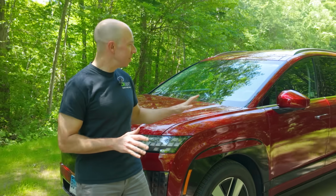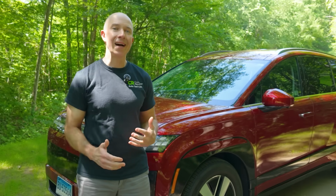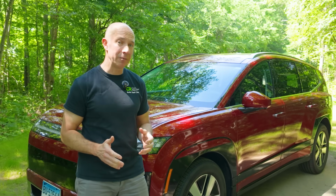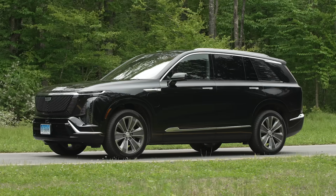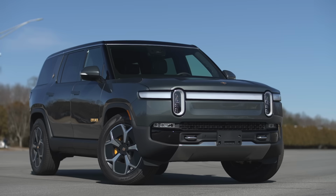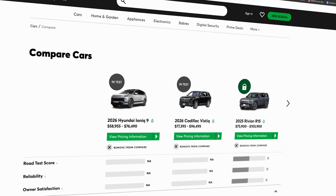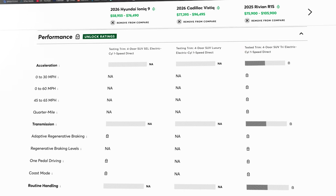So this sleek, futuristic-ish looking vehicle is the 2026 Hyundai Ioniq 9 all-electric three-row SUV. It's based on the same platform and fundamentals as the Kia EV9. The Ioniq 9 competes with the Cadillac Vistiq, the Rivian R1S, and even the Volkswagen ID.Buzz. On consumerreports.org, you can see how the Ioniq 9's test results compare with these and other EVs by using our